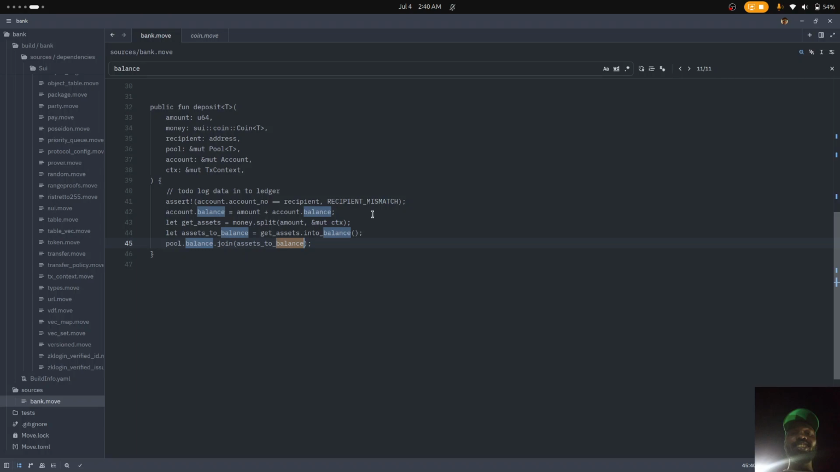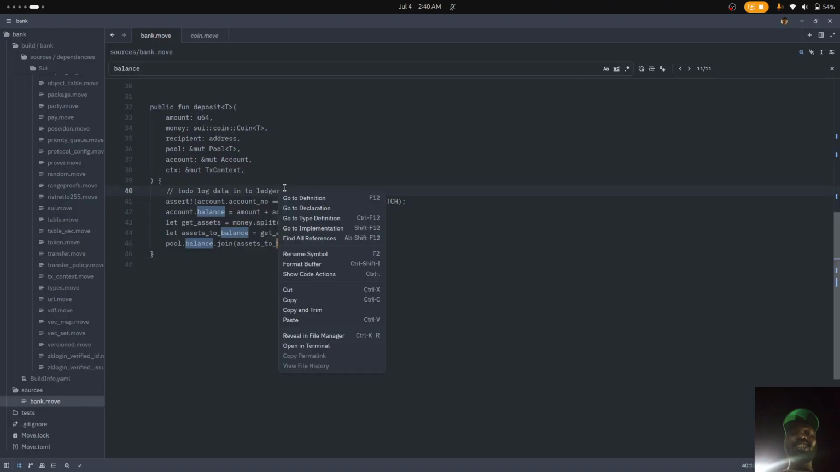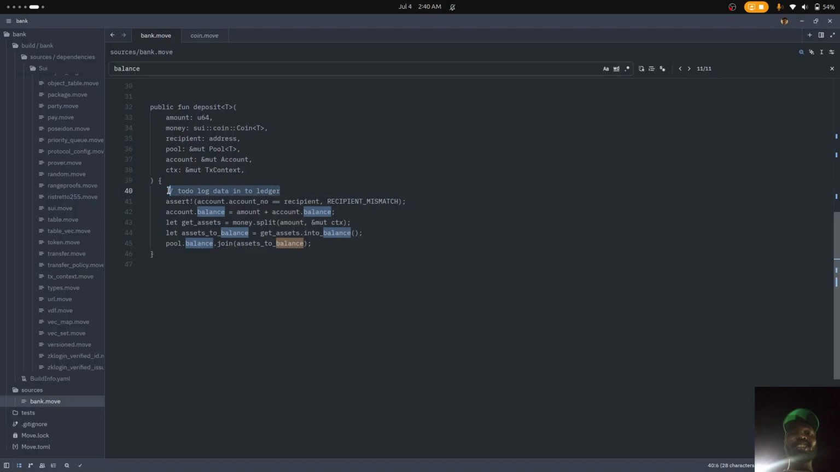So now what have I done? Simple. I have asserted that I'm making the right transfer to the right destination address or account. Then I bump the account balance by the amount, and get the assets from the coin that has been passed and split it out to get the amount, the amount to get the assets,